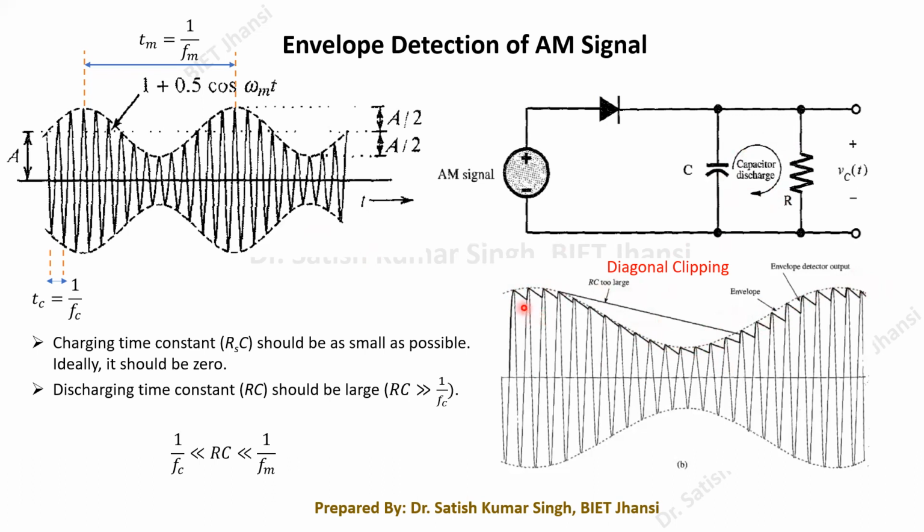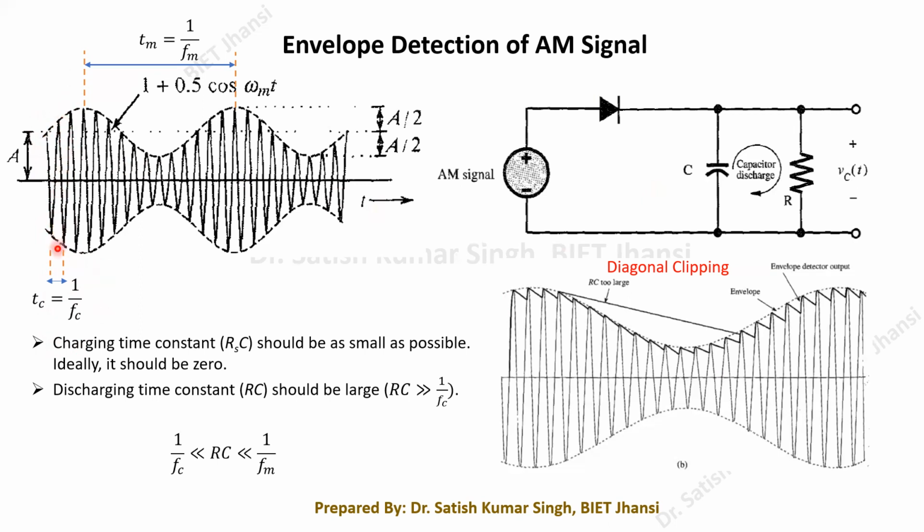So this is how this circuit works. It is a very simple and very cheap circuit, and its functionality is very simple, but you have to understand how it works. What are the conditions that we have to understand? The first thing: when our carrier is changing very rapidly, from this tip to tip we can find that this will be our carrier time period. This is one period of the carrier.